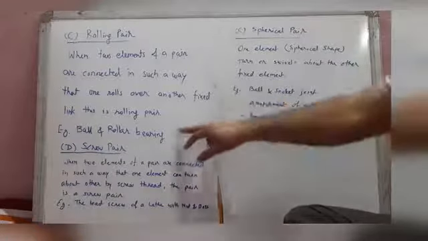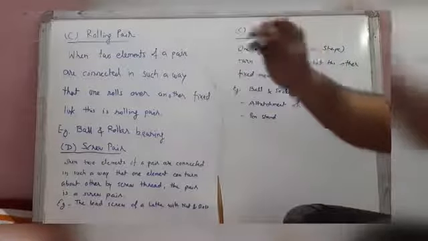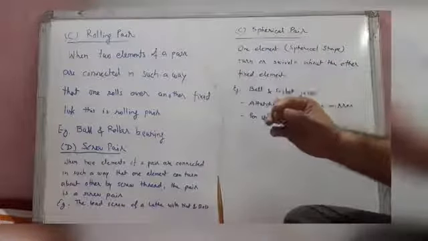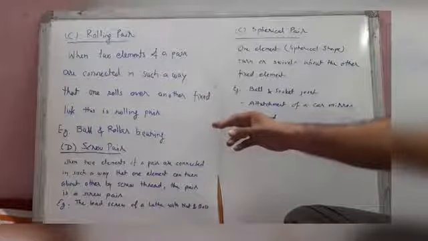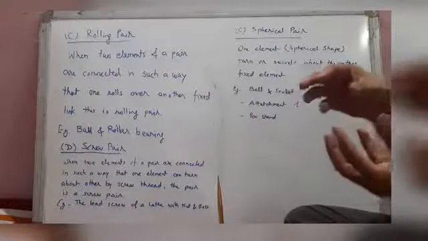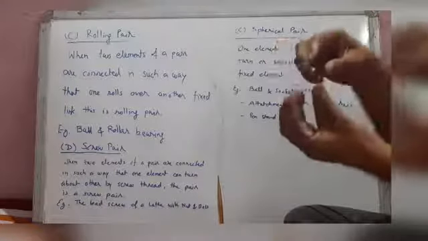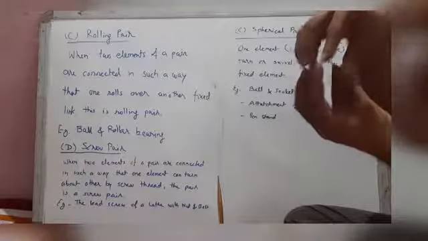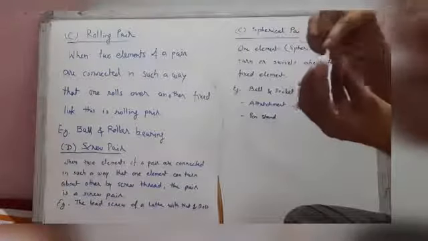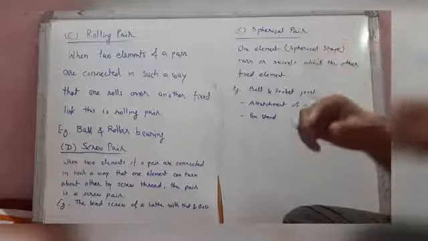You can see this in your cycle's backside, bearing balls are there. If someone visited for the repairing of the bearing of his cycle, then he might have seen on the steering handle of the cycle the ball and roller bearing there. Some bearing is there and some balls are there between them, okay, they cannot come out.